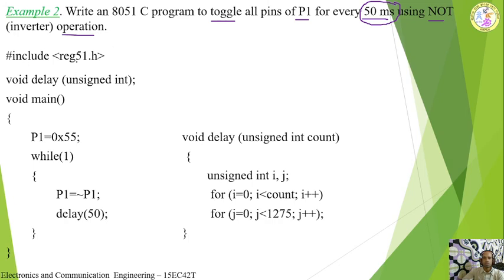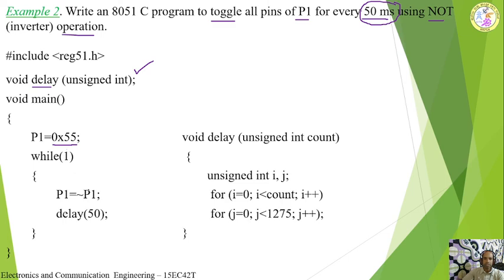So for this, what I will do, I will declare the header file and void delay. I will call the delay program. So this is the function prototype for the delay, because delay is required. Then void main, P1 is equal to 0x55. Initially, let us assume the status of port 1 is 55h, that is 0x55. Then while 1, it is continuously again. P1 is equal to complement of P1. Now I have used the port 1. What is the port 1 status? 55. What is the complement of 55?